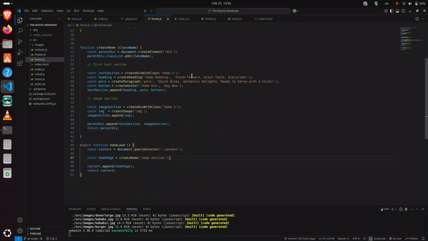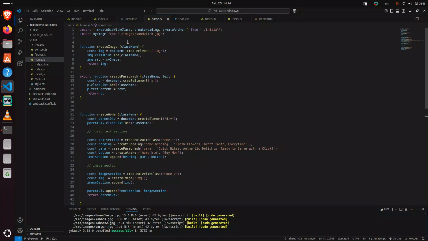After that I have created home section. I have imported create div with class function, create heading, create anchor, and one image from the source folder. This is my image folder. I have created create image function with the class name, and I have given it image.source, my image, which I have created here. Then I